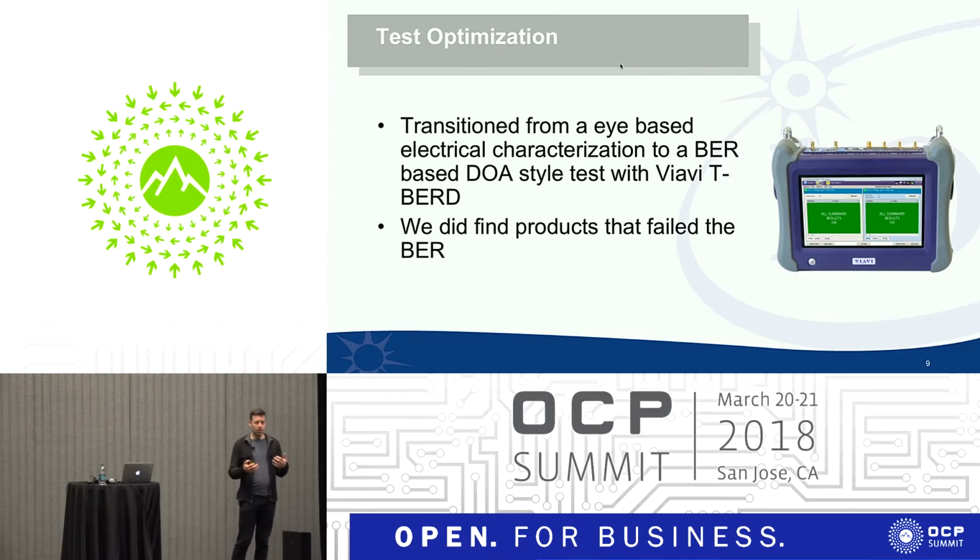And so in here we're thinking, well, we're really more interested in the interoperability side of things. So is this an opportunity where we can optimize and pull out this labor intensive, relatively expensive testing? There's a time and place for that. But for this, where we're trying to test as many combinations as possible, really what we want to know is, are these optics DOA or not? So we just switched to doing a very simple BER test with a Viavi T-Bird.